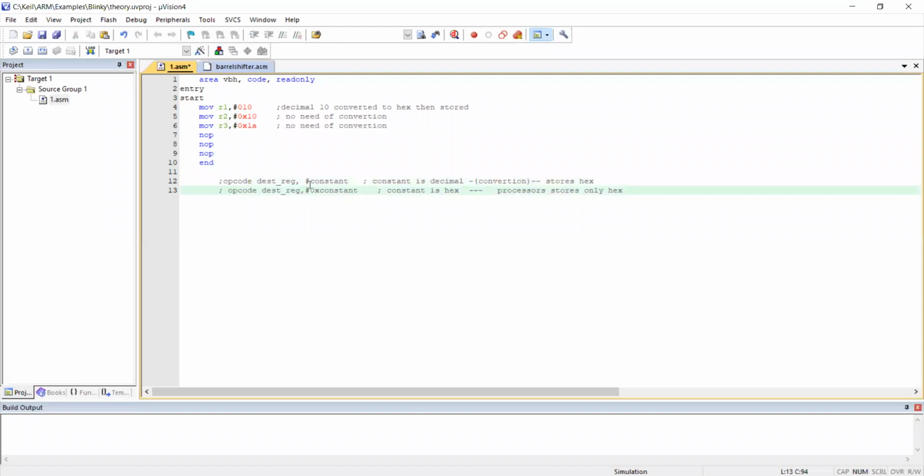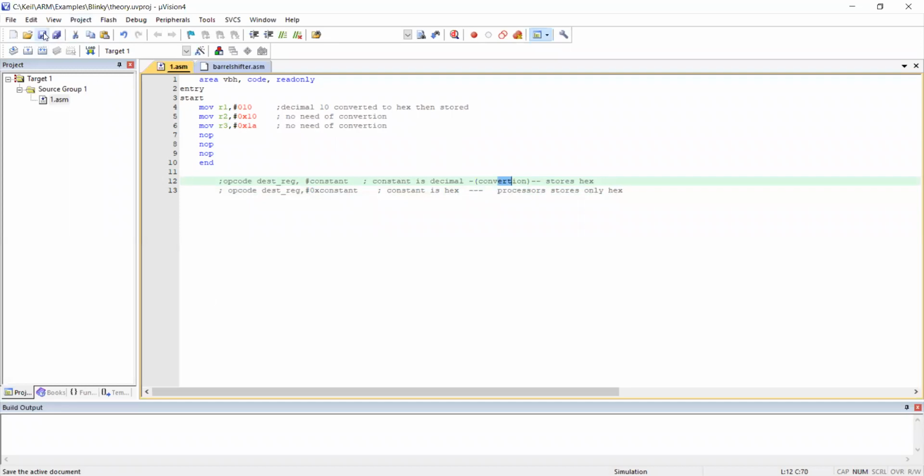What is the difference between both constants? The similarity is the hash. The difference is that the first constant doesn't have any prefix like 0x, so it is decimal. The second constant has a prefix called 0x, hence it is hexadecimal. So no problem for collection, collecting decimal or hex. But storing is always hex. If you collected hex, storing hex is easy. If you collected decimal, storing hex means conversion will happen. So should I write code for conversion? No, the computer will do it automatically.